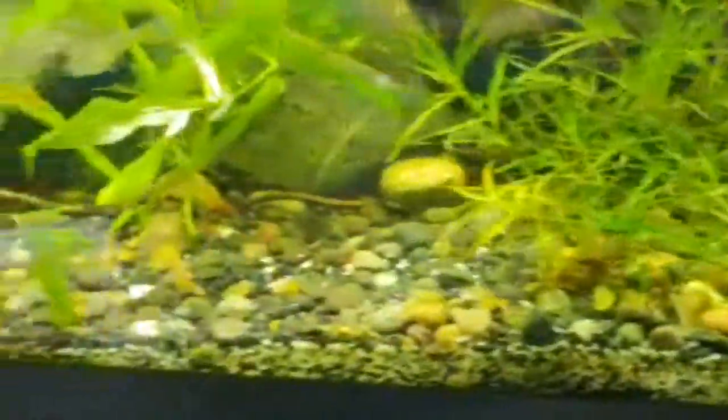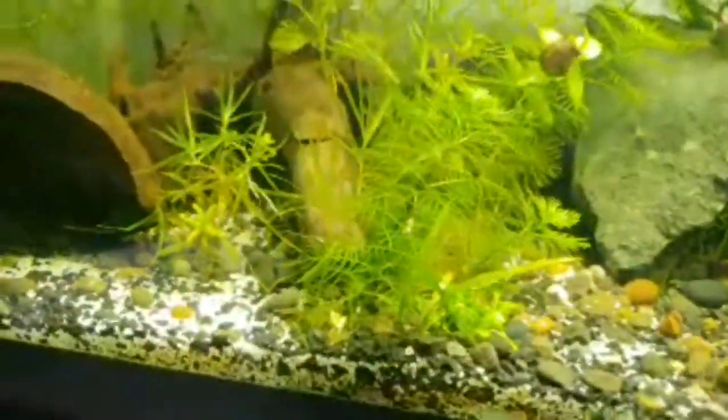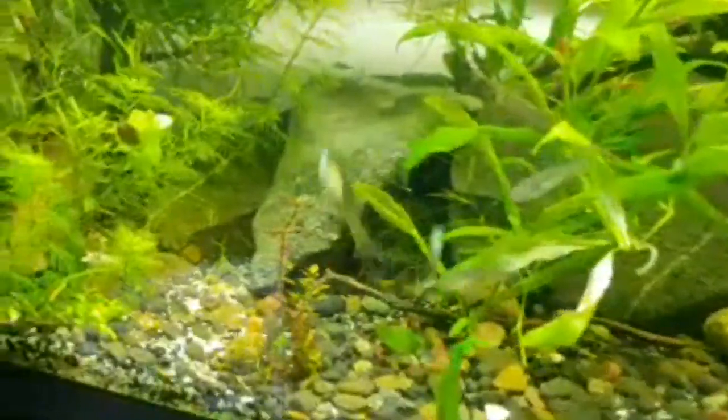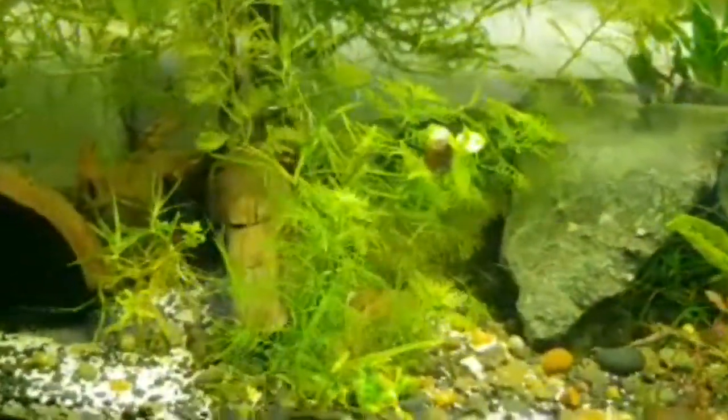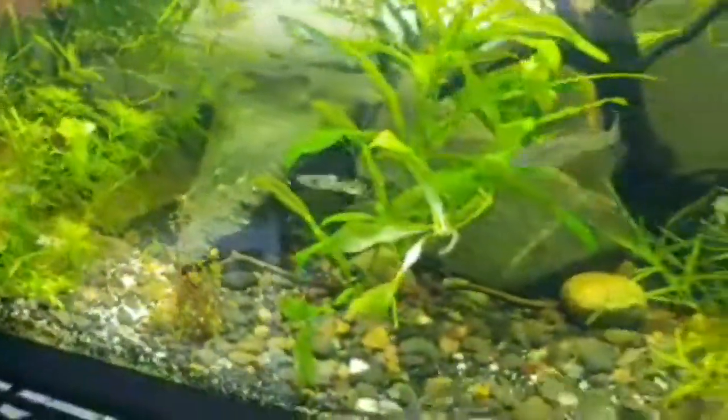But I'll probably be selling those since they're wild caught or first generation. If someone bought the whole group of them, I'd sell them for probably 5 apiece. They're usually 8 or 9 in the store. But yeah, so these